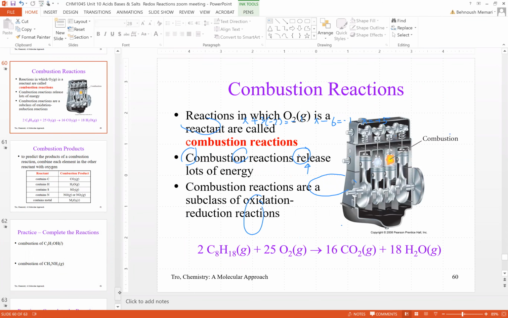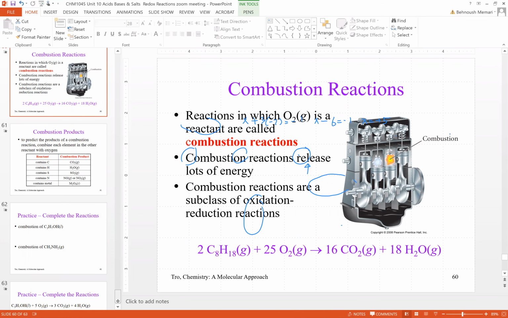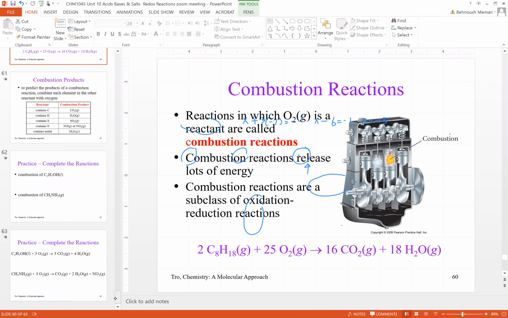A combustion reaction is another type of oxidation reduction reaction. In a combustion reaction, the element is going to gain oxygen. So every element from the compound gains oxygen. Gaining oxygen is another definition for oxidation. So the element is being oxidized because it's gaining oxygen, and oxygen is being reduced. So we have the oxygen being reduced, carbon being oxidized,